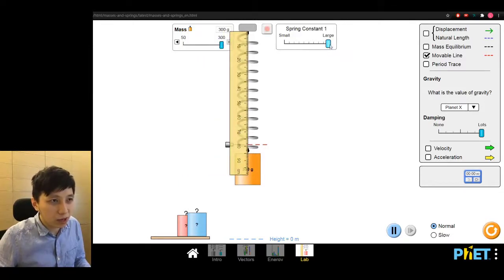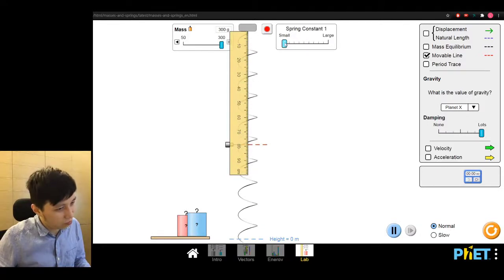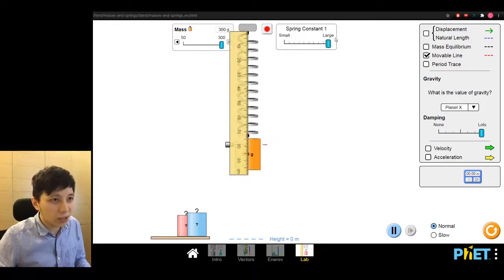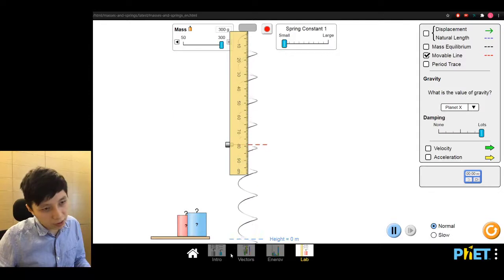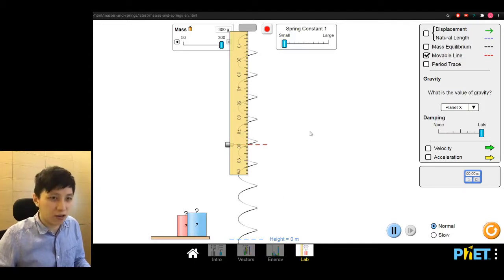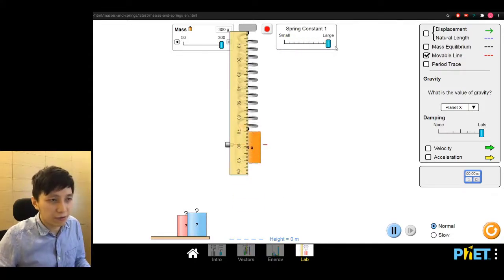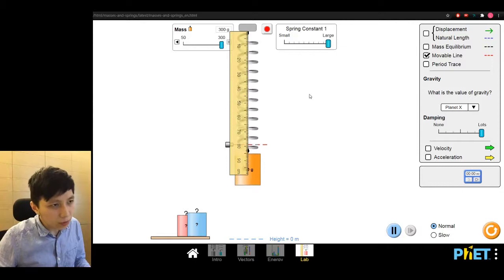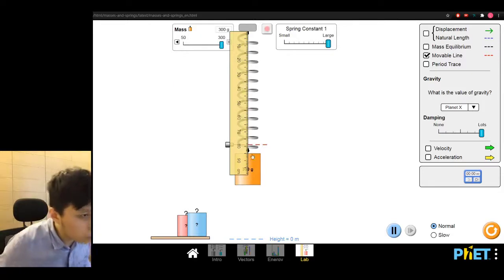I'll still use the largest because the smallest one, once again, is not really good. Earlier we measured it on Earth, 9.8. I think this one is even lower, so it should be a greater gravitational field strength than the Earth. Anyway, I will stick with the large spring constant, and here the total length is going to be